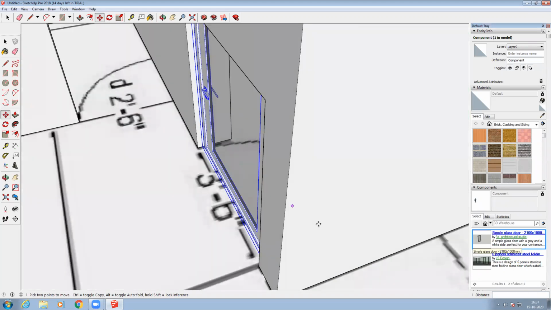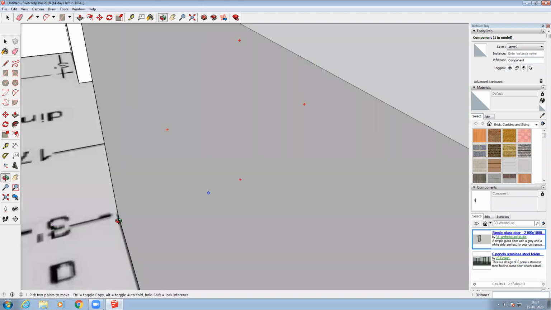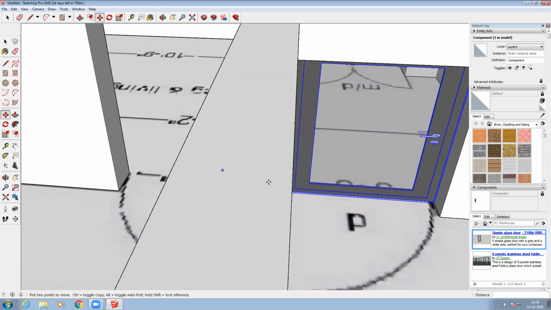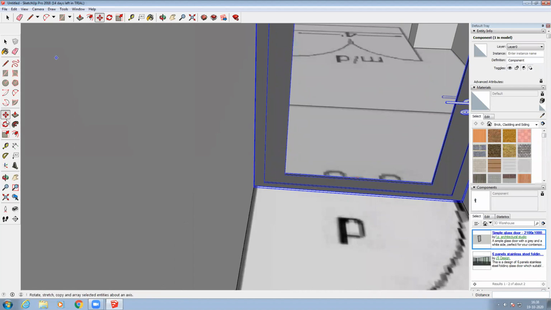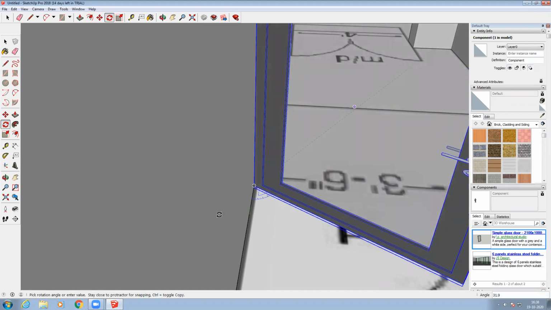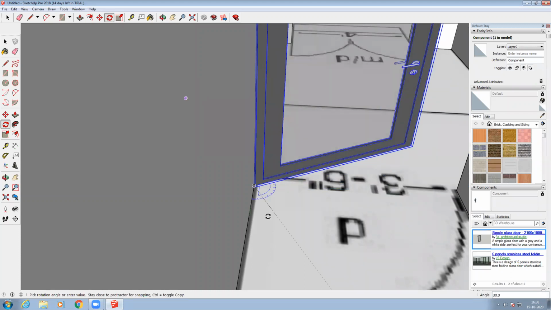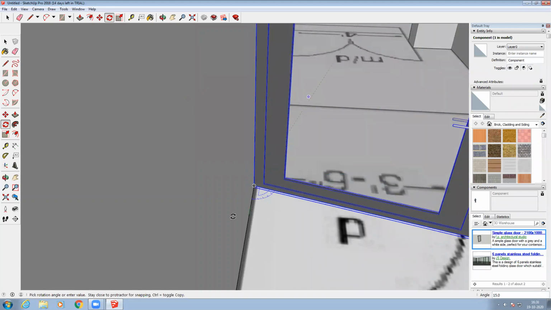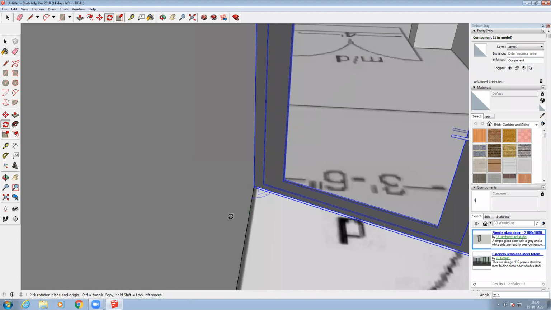Now I have to open the door. To open the door, I want to take the rotate option here. You can see the horizontal, and if I click like this, it is showing green, which is the vertical. So for the horizontal angle, you just click the edge of this door and drag a line over here, and rotate like this. You can see the door is opening outside, and you can see the door is opening inside. However much you want, you can drag it like this and click over there.